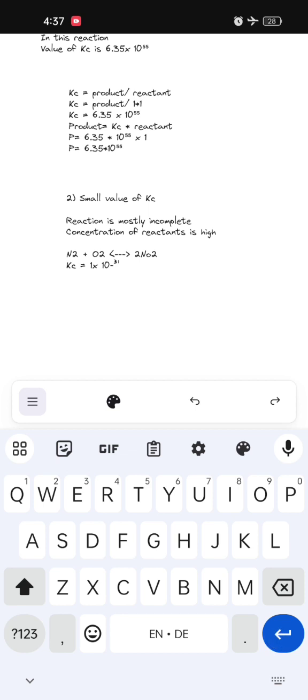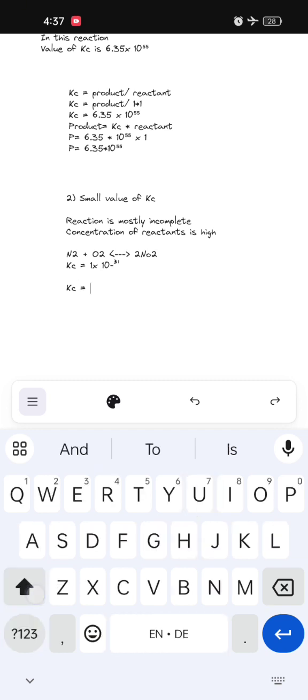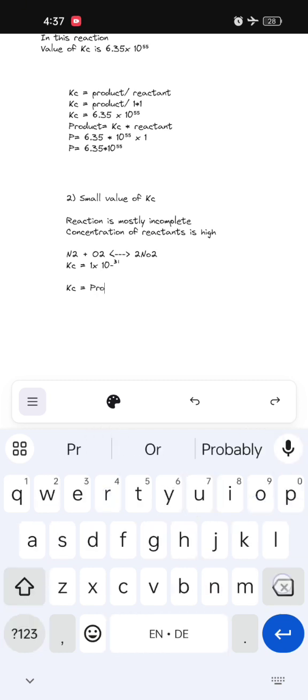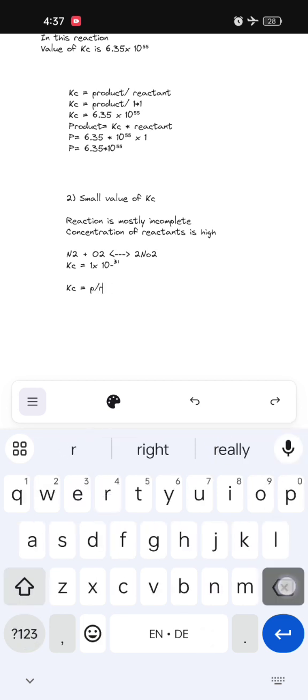Here, if we find out the value of the product divided by the reactant,